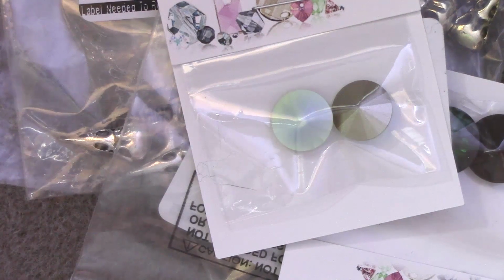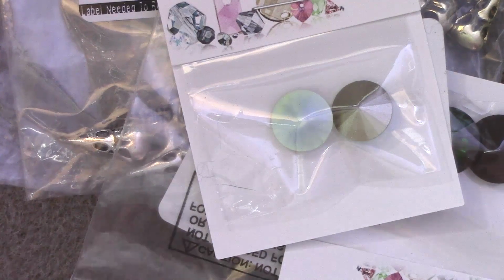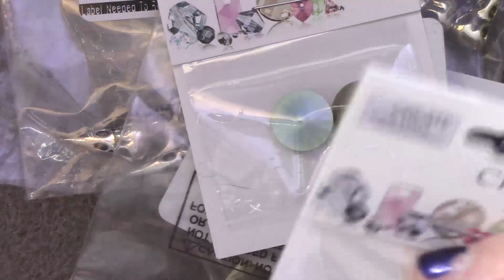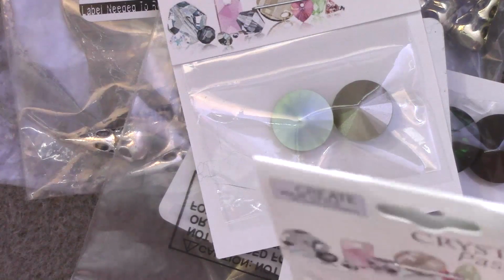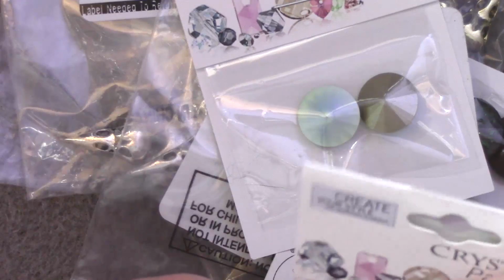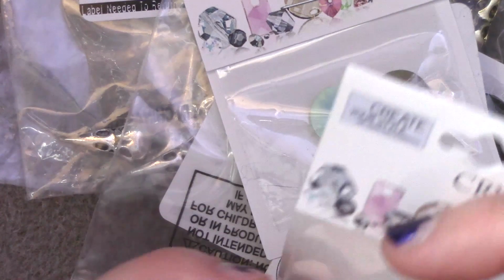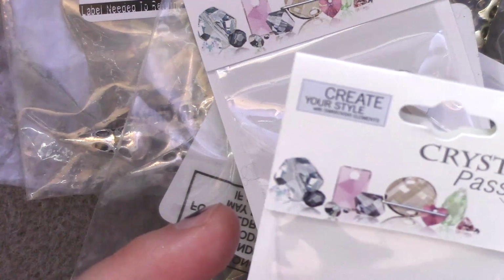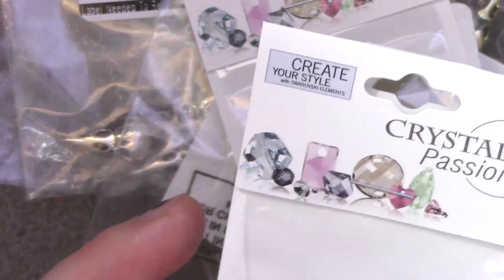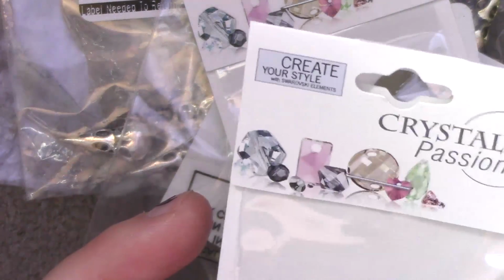Well, I have encountered these on Fire Mountain, and they are freaking third-party coated SCARABS. Oh my god. And I also spoke with Bello Modo, and they said that they were able to get some in for me, so I picked out 3 finishes from the third party, and they might be ordering some for me. So if those come in, I will totally show you guys those too,